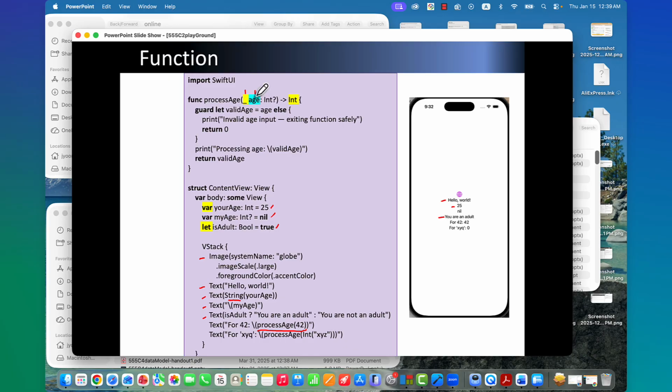or actually, the other way. The first variable is the invocation variable. So if we say here x, then when we invoke, we have to say x: 42. That's what we have to say. If we say underscore, then we don't need to say anything. Age is the internal local variable. So that age is used here.